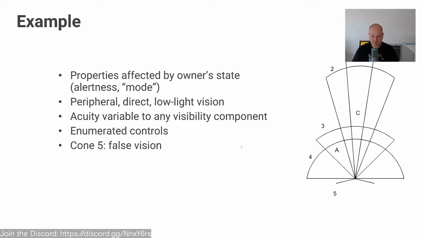So there's a few more things that matter, right? You're going to be affected by the owner's state. So how wide is the cone, as we talked about? What about peripheral vision? Maybe outside of this cone, I have a secondary cone where I'm only sensitive to motion, right? Like imagine doing an AI for a T-Rex. If you stand still, it doesn't pay attention to you, but if you move, it does. And then a few other things.